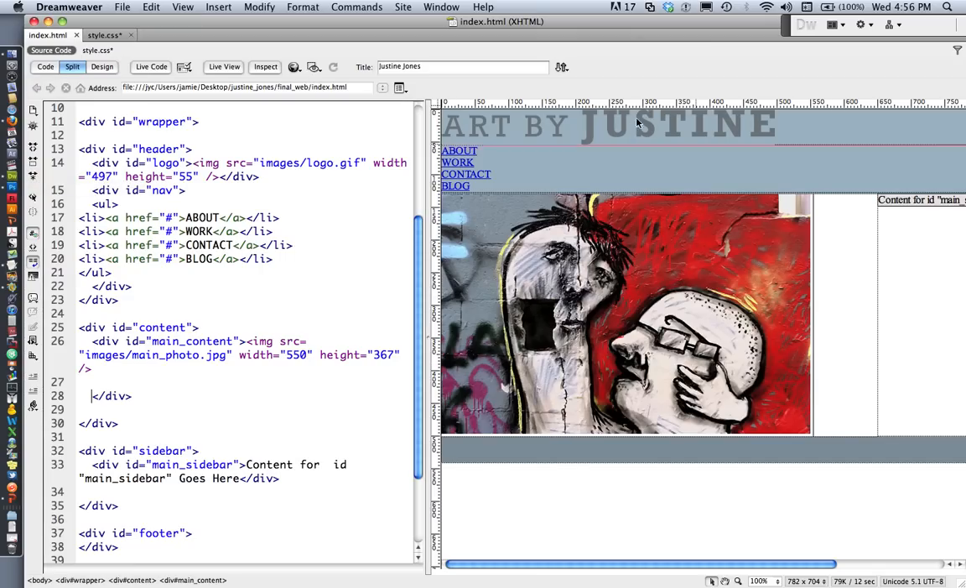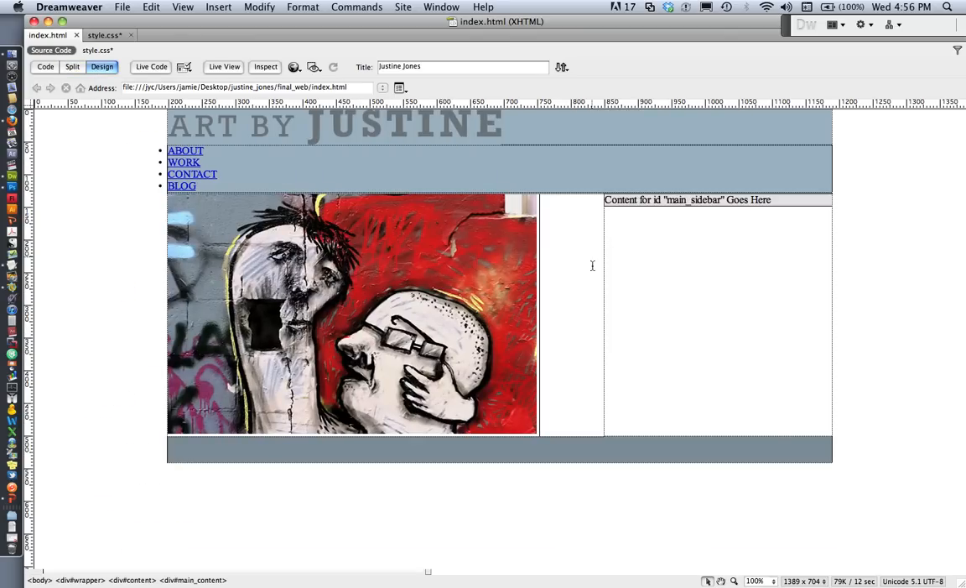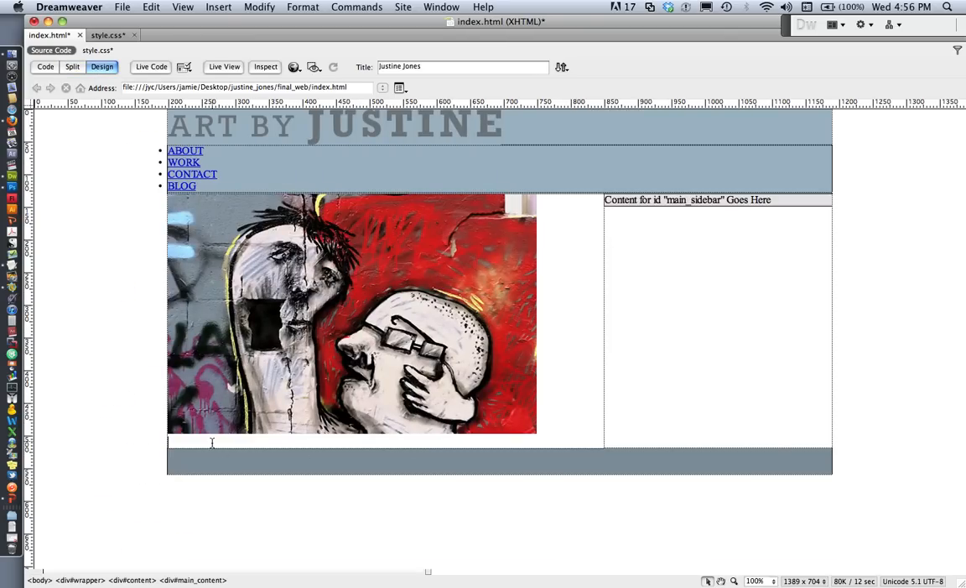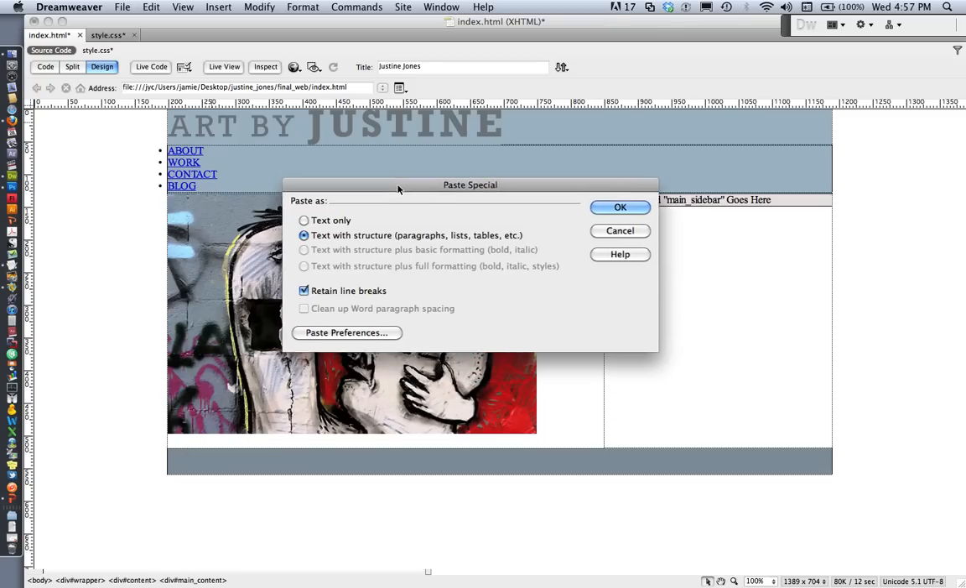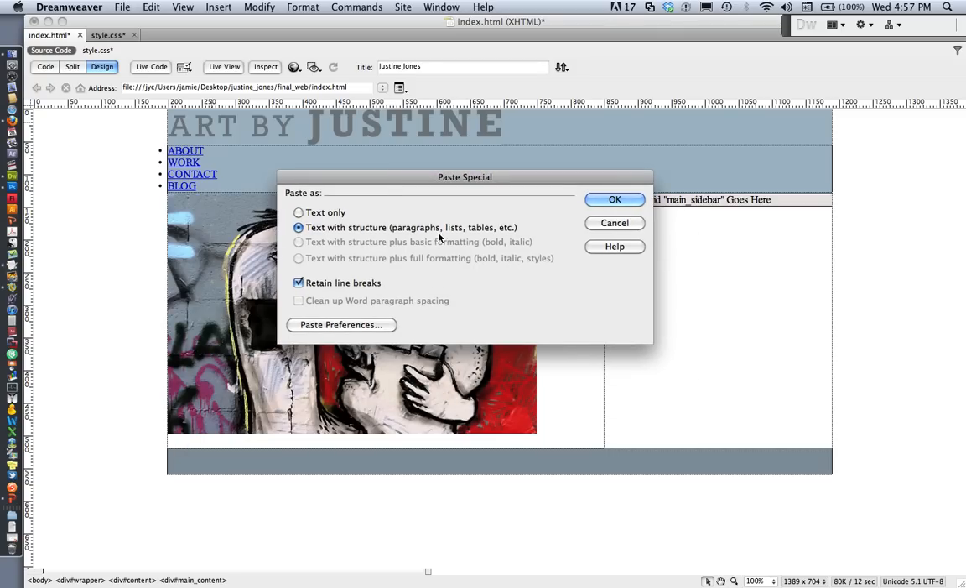and I'm going to show you another really helpful way of adding text into your Dreamweaver, into your HTML. So I have my cursor underneath my photo, and I'm going to go up to Paste Special. And when you select Paste Special, one of the choices is to paste your text with structure. So Dreamweaver can paste it in and keep some of your structure, like your paragraphs. So I'm going to say OK,